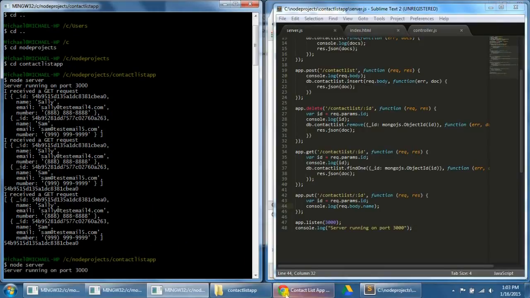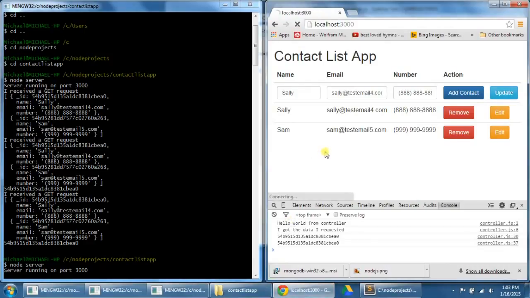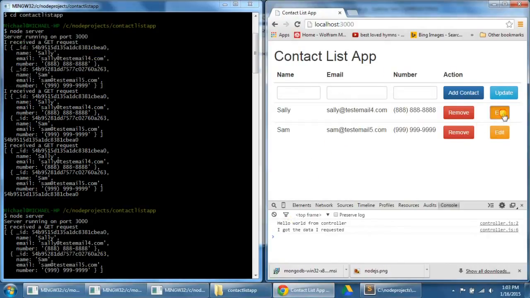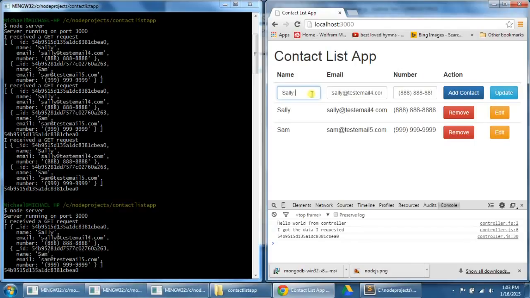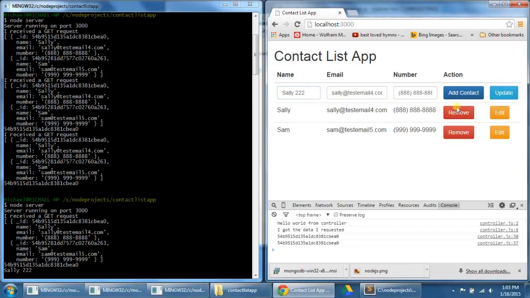So now let's test our code by restarting our server with Control-C. Go back to our server. Let's refresh our browser. Select edit. Now let's just change Sally to Sally 222 or something. Let's click update. And sure enough, Sally 222 shows up in the command prompt window, which means that our code